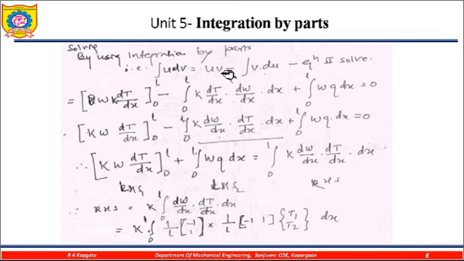Now by using this one, this is my second term. So I don't make any changes to this second term, but in the first term there are the u and v, hence I am making the changes. That u is my w and v is my k into dT by dx. So u and v from 0 to L, minus the integration from 0 to L of v, that is k into dT by dx, multiplied by dv.